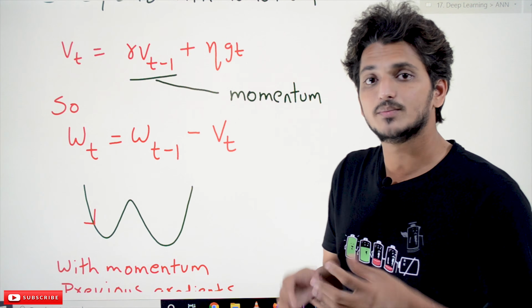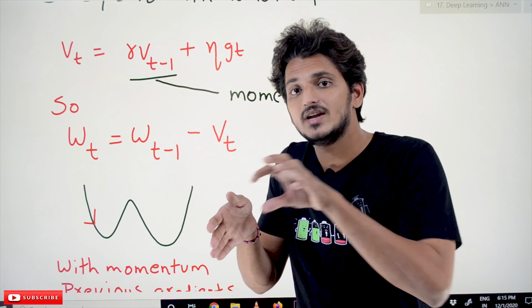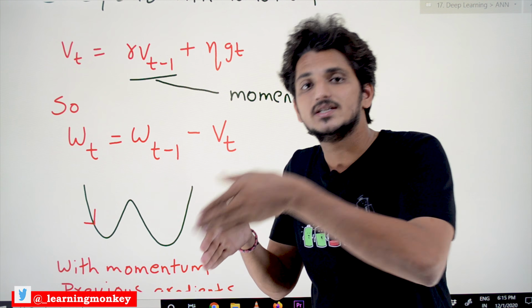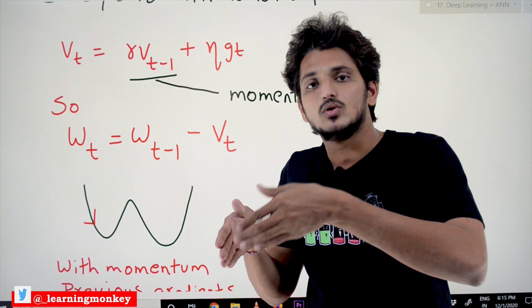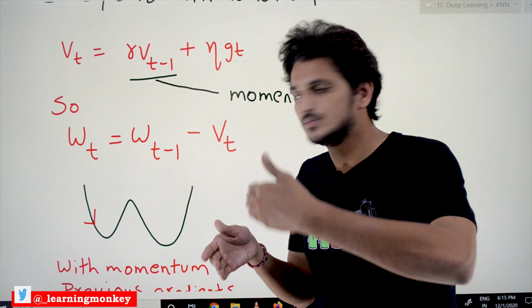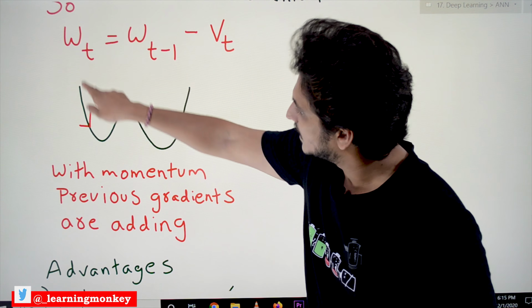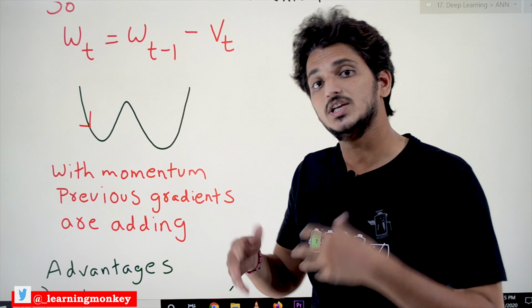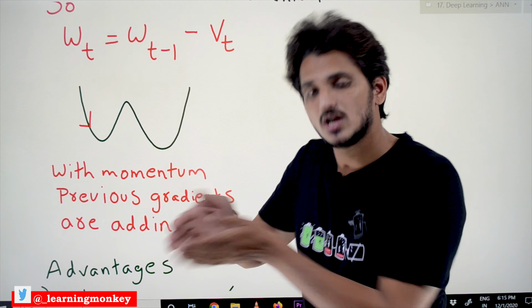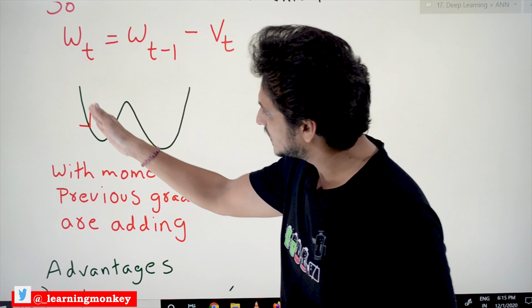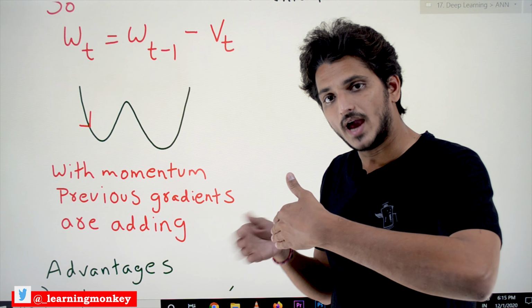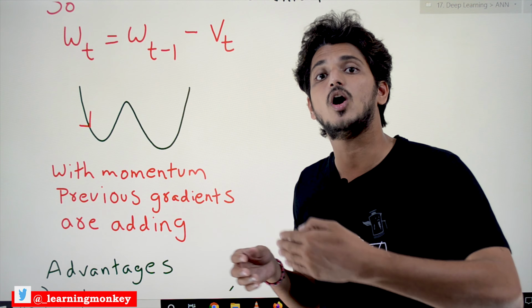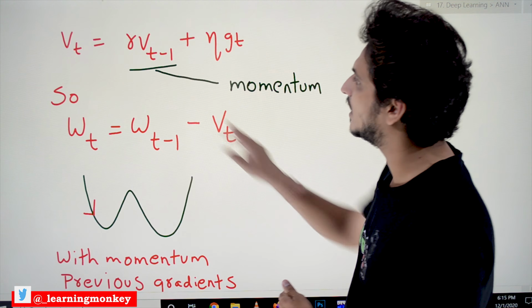So what we are doing here: the exponential weighted average of previously calculated gradients is taken into consideration. So that is the reason we are converging fast. If your weights are moving like this, we are showing it in 2 dimensions. Assume that in each dimension we are updating our exponential weighted average. If your weights are moving in this direction, the average value keeps on adding up. Previously collected gradients are also adding, and we are taking long jumps here because of this momentum term.